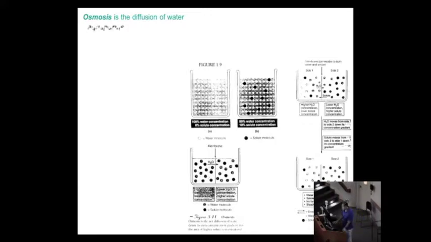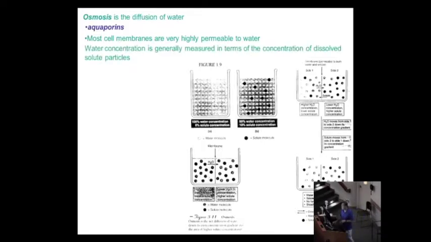Osmosis is the transport of water, okay? Almost all cell membranes are very water permeant, usually because there are a lot of aquaporins, which are water channels in those membranes. There are exceptions, like in the kidney, but most membranes are very highly permeable to water. So it's very important to understand the characteristics of water transport, because we have a situation where if you have